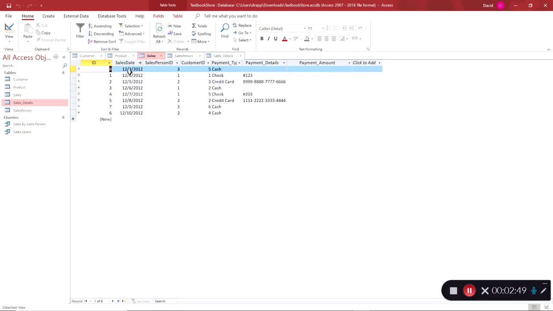sales table, we have a sales date, and notice we have a unique identifier, right? Every table is going to have a unique identifier. Oftentimes it's called ID. Sometimes it has another name, product ID. This could be sales ID. Salesperson can be salesperson ID. Every table needs to have a primary key, which is the name for the unique identifier, because it uniquely identifies